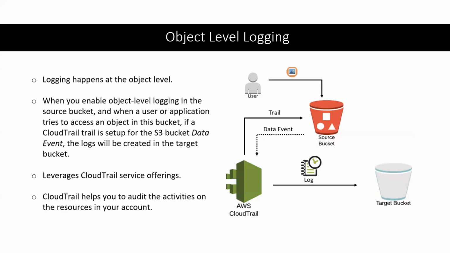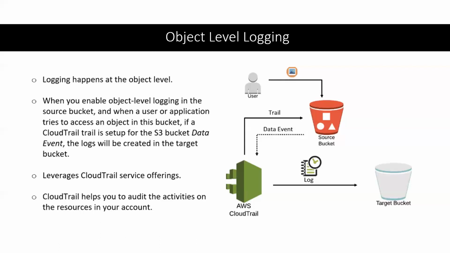So if you see in this diagram, the user is uploading a file and then it generates a trail. The trail will be set up on this bucket and it receives a data event, which will be logged. But when you say that if I upload a new file, it will fall under server logging, I get confused with that. No. I didn't mention that at any time, but basically it will be